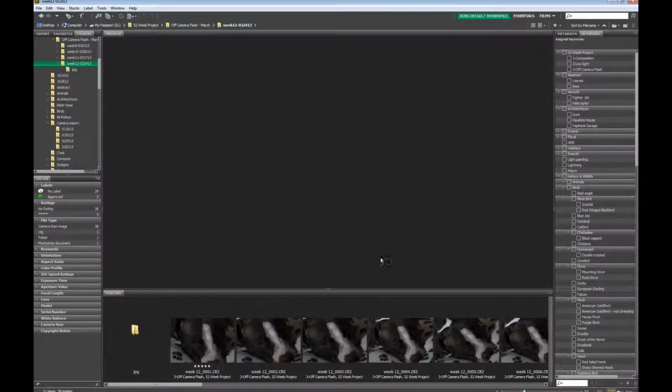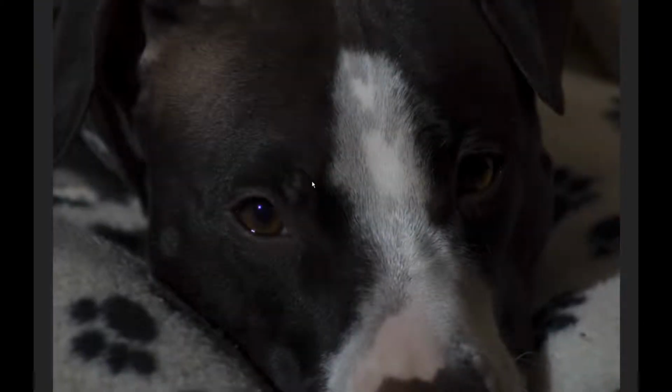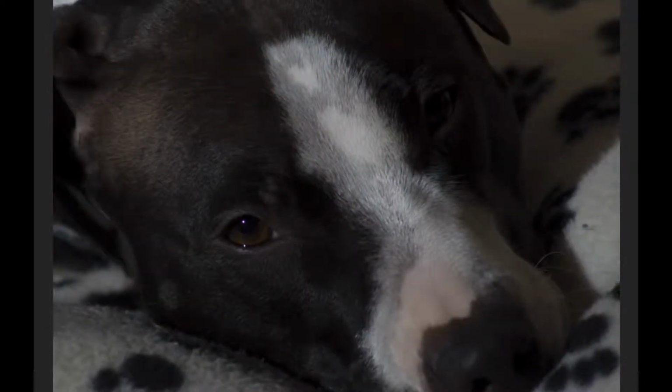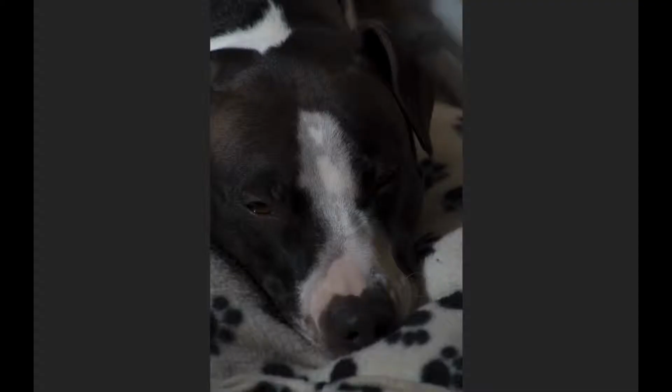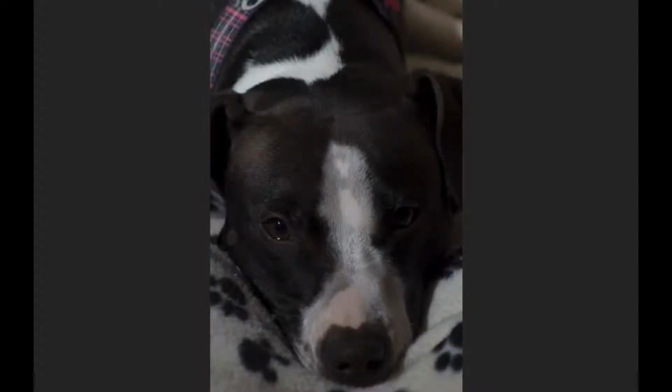I'll hit either the space bar. After you select an image, hit the space bar and it'll bring it up to full screen, and hitting the arrow keys allows you to scroll through the images. And you hit Control or on a Mac Command and either 1 through 5, and what that'll do is it'll add a star